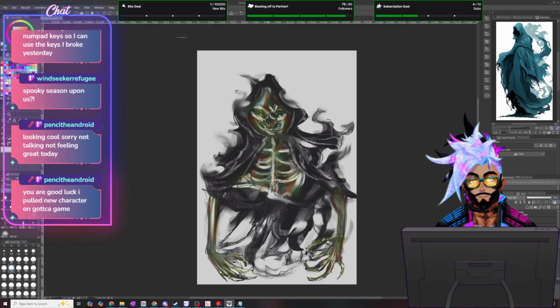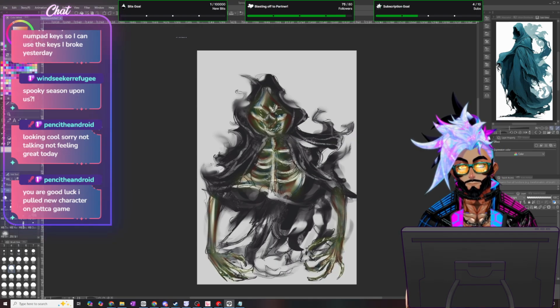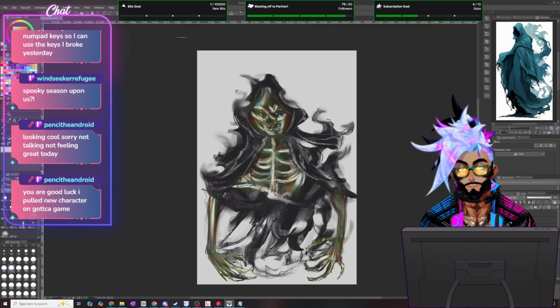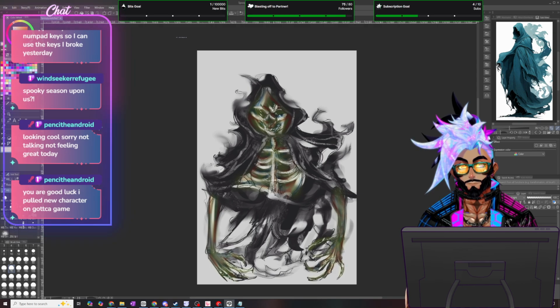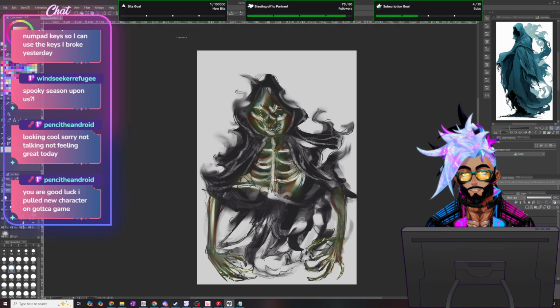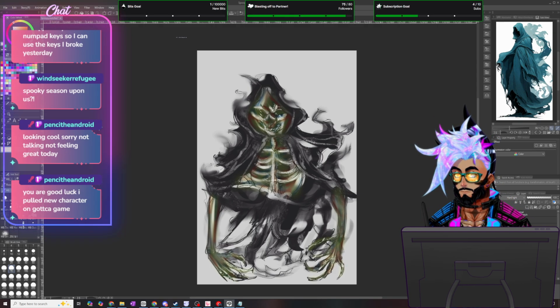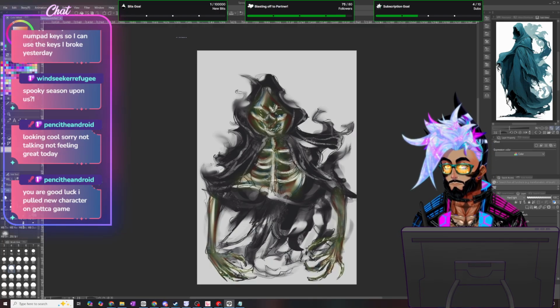This is kind of a disturbing color here too. Actually, we can bring out more of the skull aspect here with this, and the bones. The bones. And then